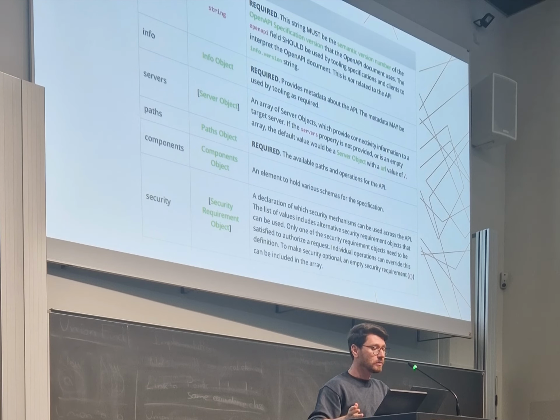But to get to the point, OpenAPI at the root level of the file has several interesting fields that we would like to look into. For today's presentation, these are the paths, the components, and the security fields. The paths part of the OpenAPI describes the API endpoints, for example, /get users or /books